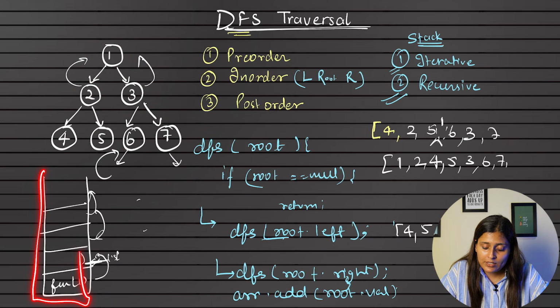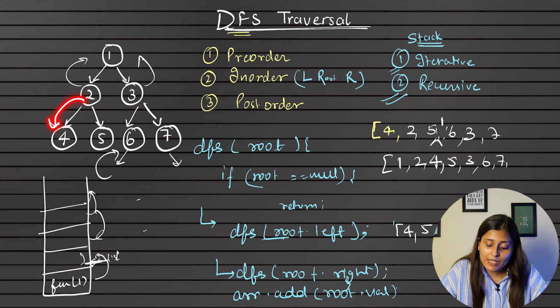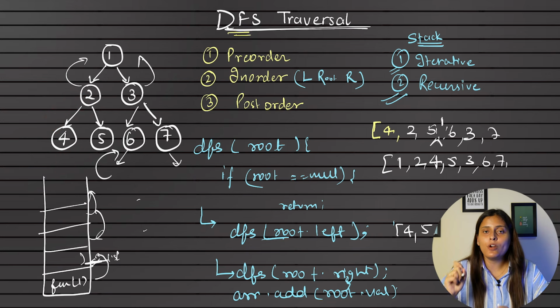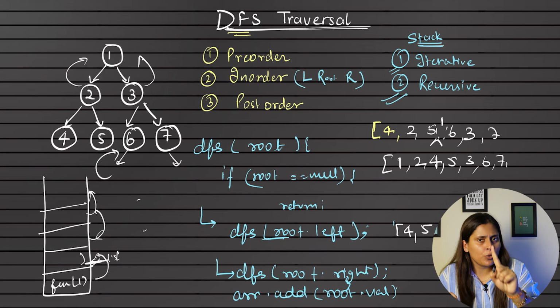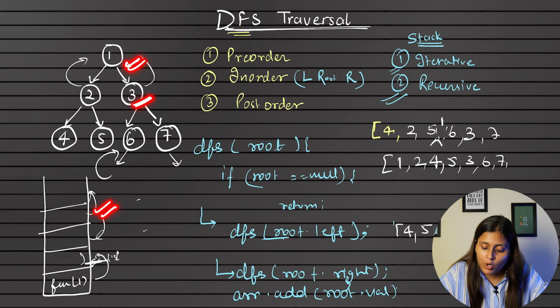So in this case there are only 7. In the stack for this, can I say 7 calls have been saved? Meaning for 2's left we never went back again. For every node we call the function but only one time. So can I say in the stack we saved how many calls? The number of nodes. So the space complexity will be O of n, used by the internal stack because of